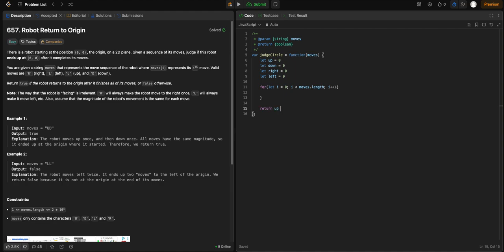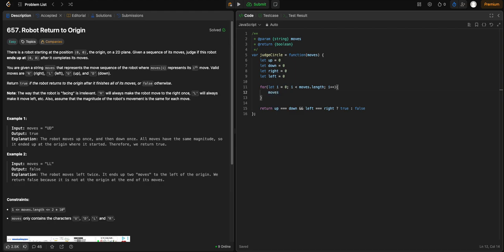that checks if up equals down and if left equals right. I'm using a ternary operator here. We go ahead and return true, else it's false. So we can also use a ternary operator here